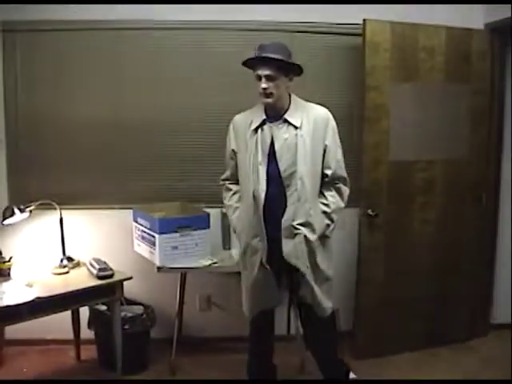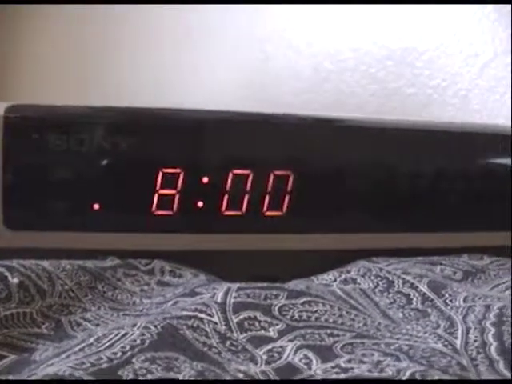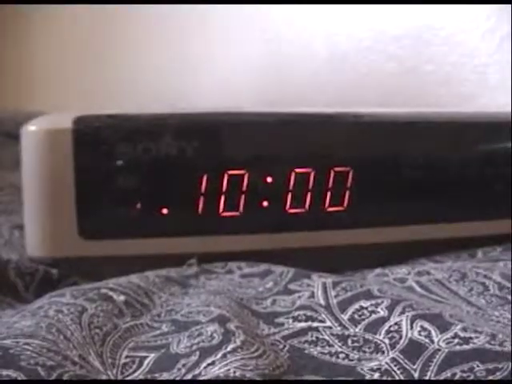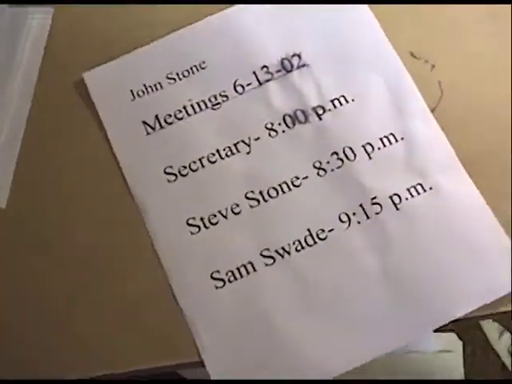This is the office of John Stone, where he was murdered last night. The janitor found him on the floor at 10 p.m. The cause of death was a blow to the front of his head, and the time of death was between 8 and 10 p.m. From the agenda on the desk, we know that he was working late and was to